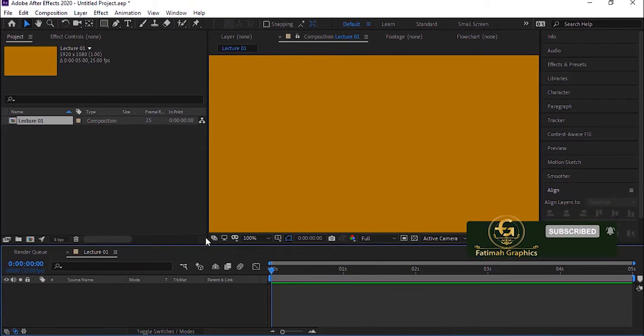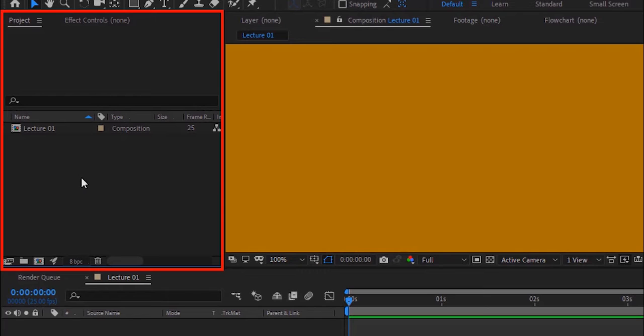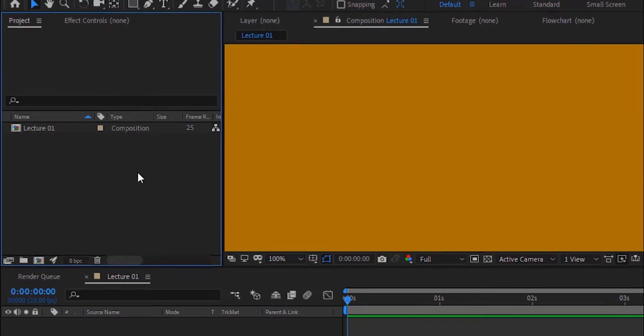The interface is divided into 5 basic panels. Let's discuss these panels one by one. Here is the project panel on the left side of the window. Here we will import all of our videos, shapes, sounds, audio and anything which we want to use in our